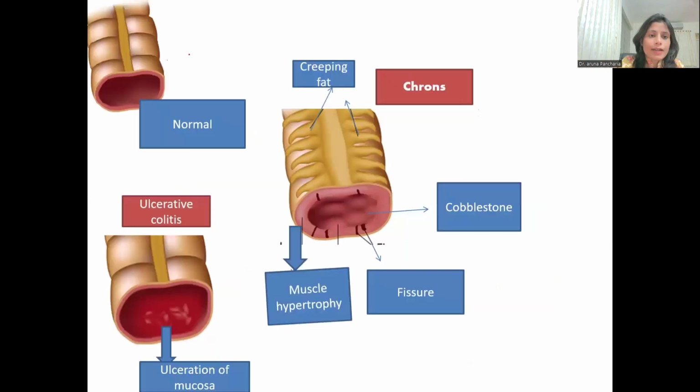Now this is the large intestine, and this is the Taenia coli, the longitudinal bands of the three muscles, and these are the haustra. So you see the thickness of the wall, because we will compare it with these diseases, ulcerative colitis and Crohn's. This is ulcerative colitis. Ulcerative colitis is restricted up to the mucosa only. So in endoscopy we will see the ulcerations, and the wall thickness becomes normal. You can compare it with this.